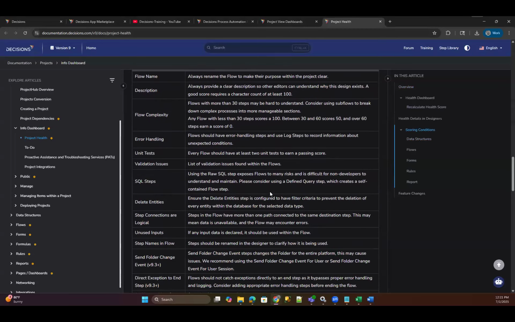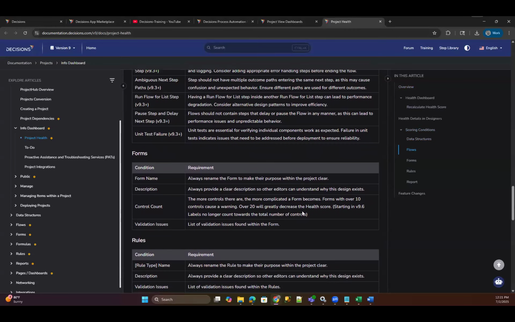One of the things we do emphasize on forms is that forms with higher levels of controls on them cause warnings or decrease the health score. As a general best practice, the more stuff you have on a form, the harder in general it is going to be to display.